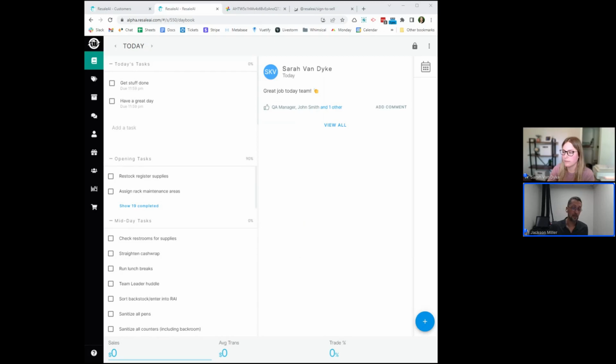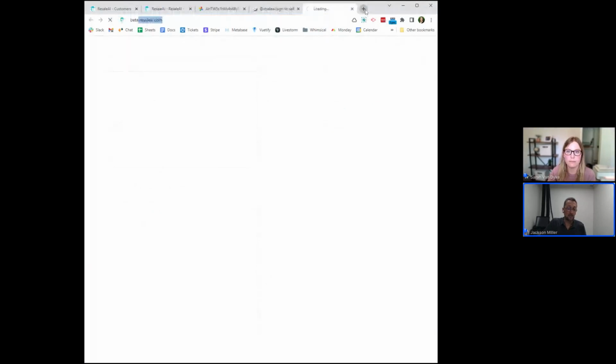so we can keep track of things like what happened on rack maintenance, and who moved that backstock bin. If you were logged in under your own account and you move a backstock bin, we keep track of it. But if it was a shared store account, we just know that somebody moved it. So with beta, we rolled out the PIN security, where everybody had a PIN that they could enter as